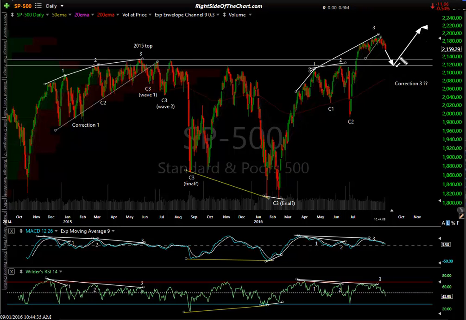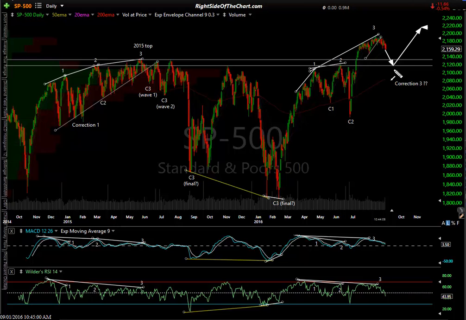So again, this would be the more bullish of my scenarios, and I can easily see this happening, and that would then take us up to new highs and beyond. It would be healthy. It would help reset, or at least work off, some of these overbought conditions. It would help these divergences play out. And where we go from there, I'll talk about if that scenario begins to materialize.